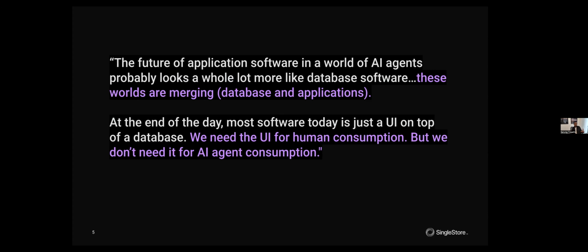Traditionally today, SaaS applications, and we've got hundreds of customers here at SingleStore that leverage us for SaaS applications, are essentially a UI of some sort of customer-facing or internal-facing or internet-facing analytics on top of a database. And today, we need that UI for human consumption.